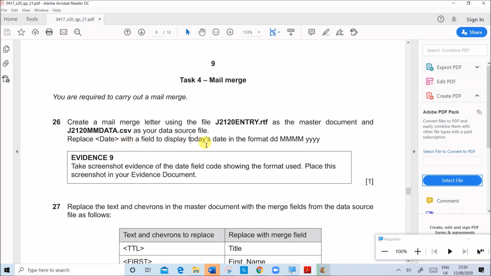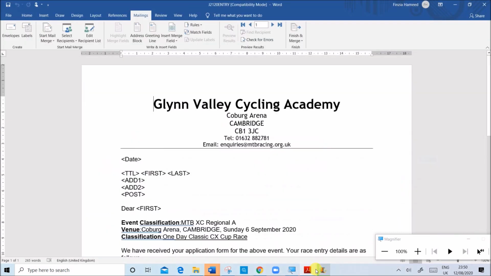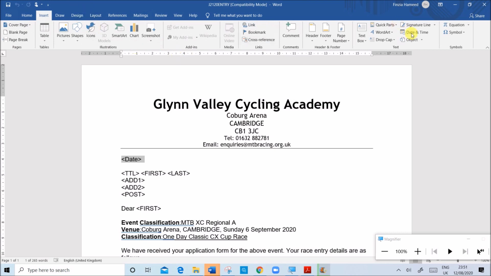Replace date with a field to display today's date in the format DD MMMM YYYY. So select the date, insert date and time.